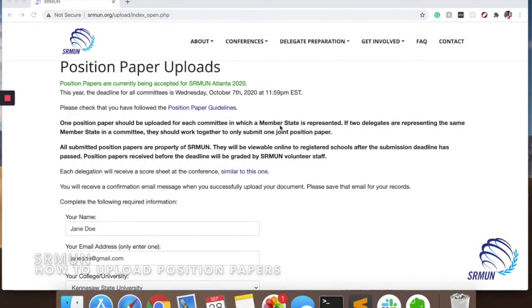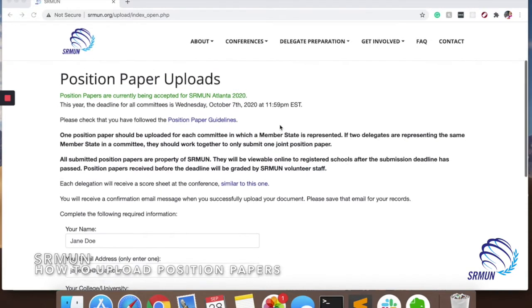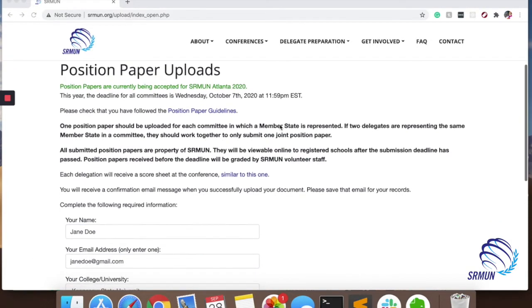How to upload position papers. Navigate to SRMUN.org/uploads to access the position paper upload portal. Before uploading your position paper, please make sure that your position paper is following the correct position paper guidelines listed